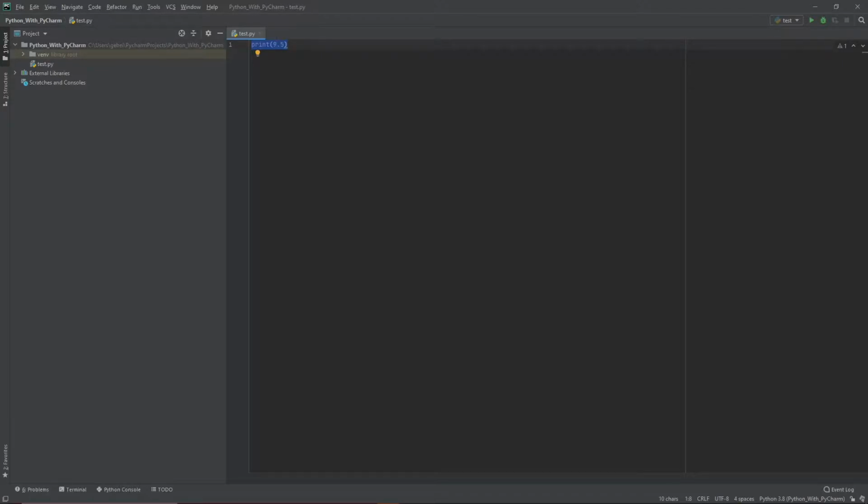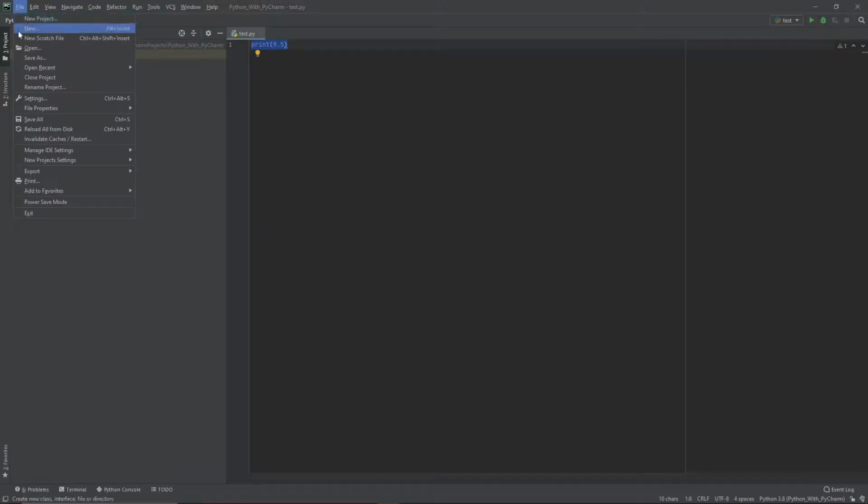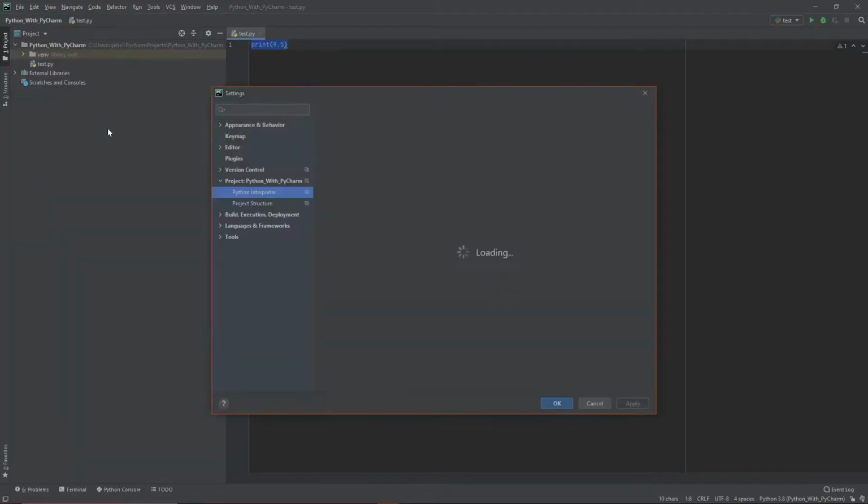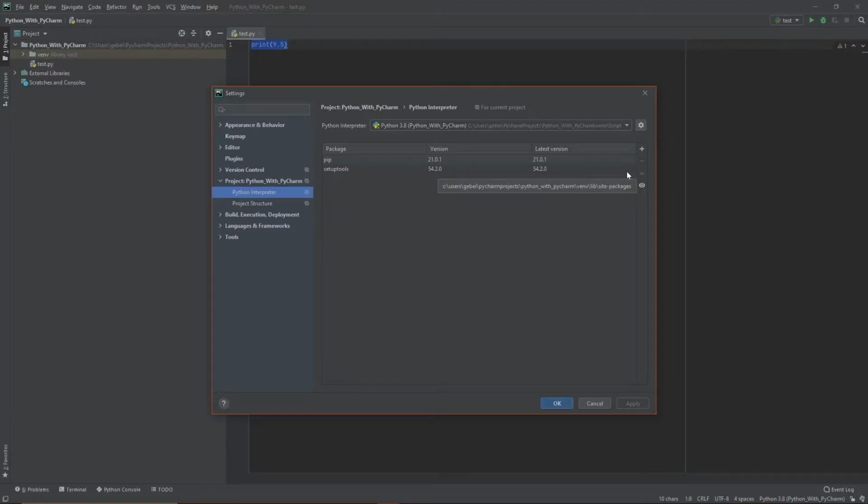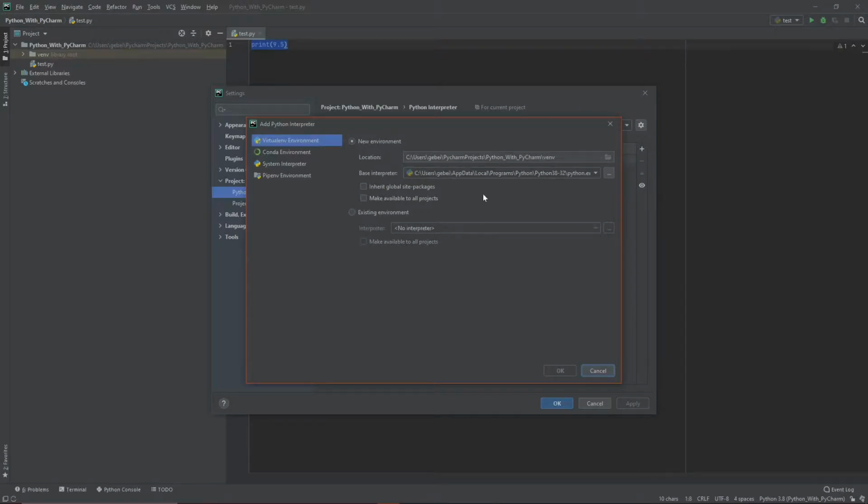So what you need to do here is click on File and you go to Settings, and then you expand the project with the project name that is listed on it, and then you click on the Python interpreter, and then you get this. And to make it link to that interpreter that it should have been, you just click on, no, not the drop down menu. You click on add,